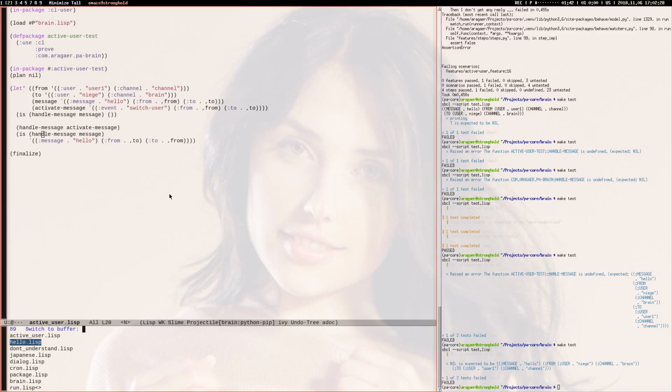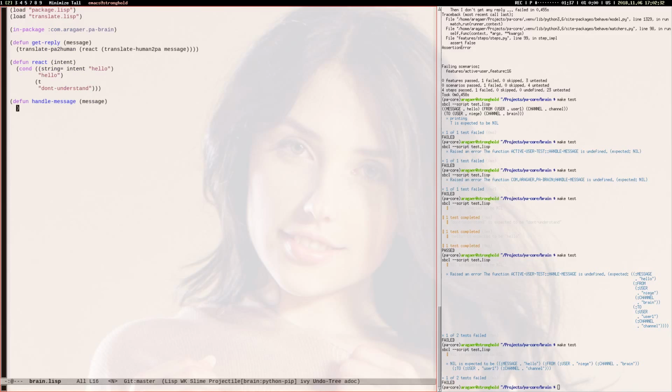Oh, a function handle message is undefined. Well, because that's a typo, it should be like this, and it fails. Well, oh, that isn't hard to fix, because, well,